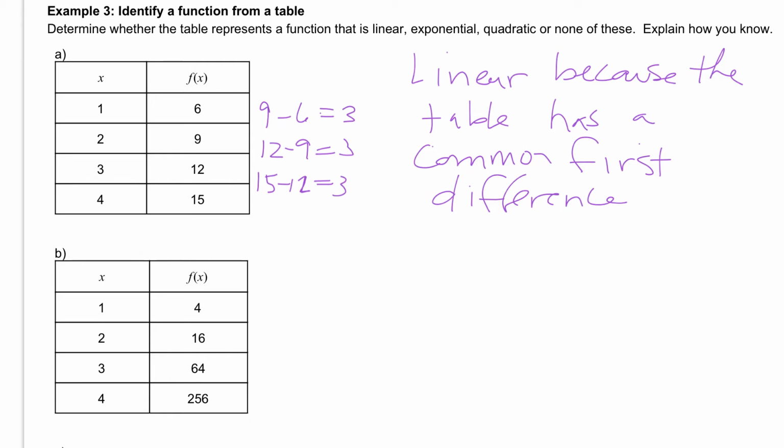And let's try, the next one would be looking for an exponential function, so to divide. So we can take 256 and divide it by 64, and 256 divided by 64 is 4. Then we could take 64 and divide it by 16, which also gives us 4. And 16 divided by 4 will give us 4. So when we divided each of these terms, we got 4, which is a common ratio. So we can say that this table represents an exponential function